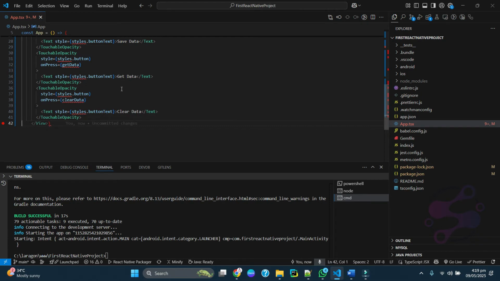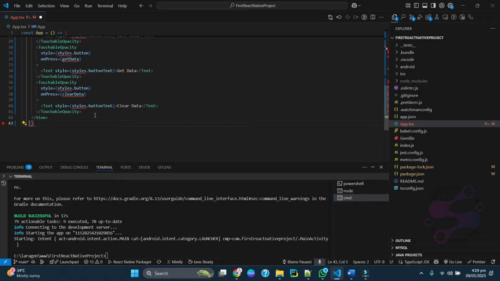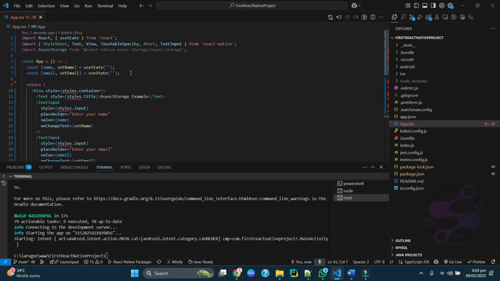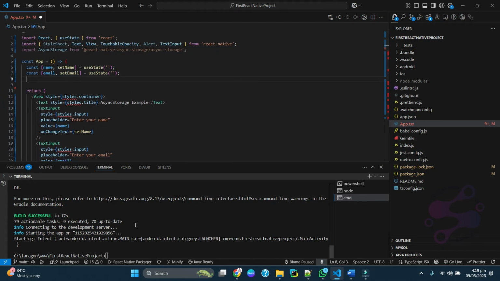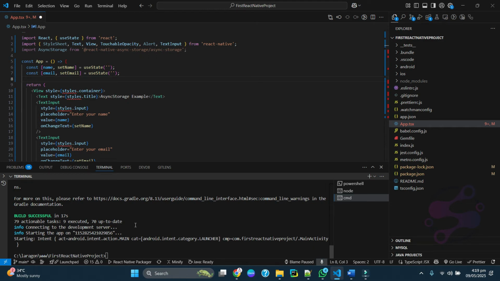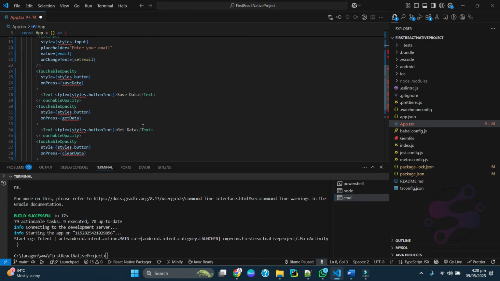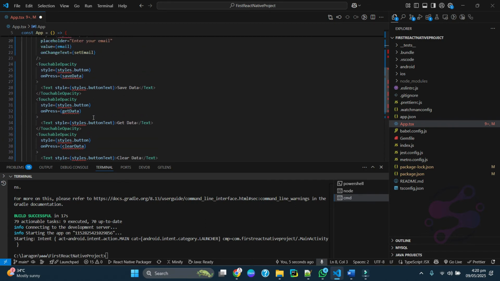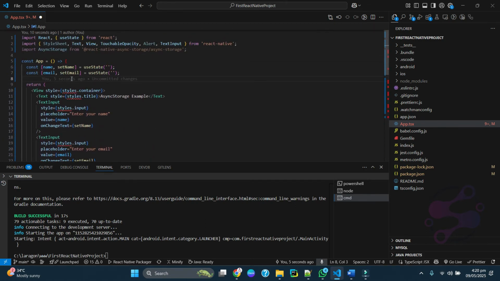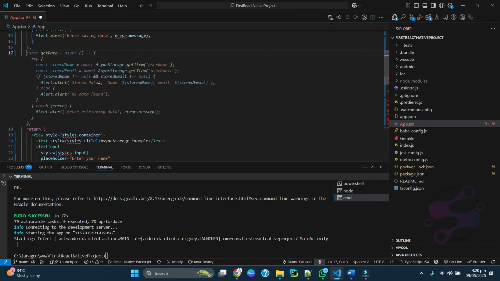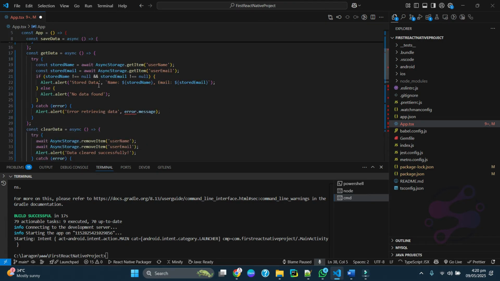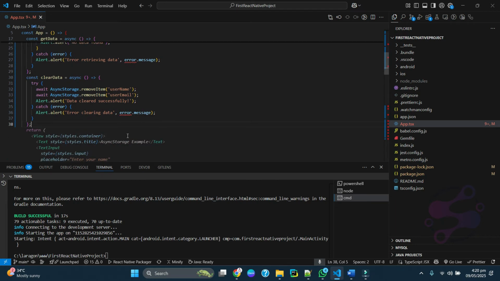You have created. So now you have to close this one and this one, and now you have to use the handler, create the handler, like which one handler, save the data. So as you can see, save data. So I'm saying constant save data, constant, I'm saying save data. Once again, I'm saying get data, and this is clear data we have created.